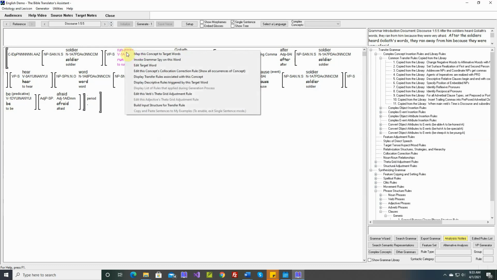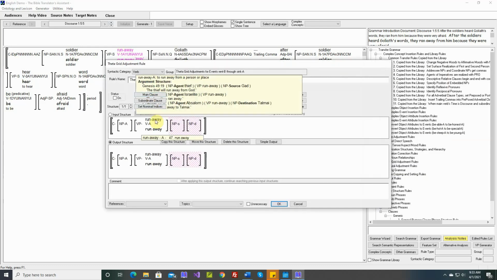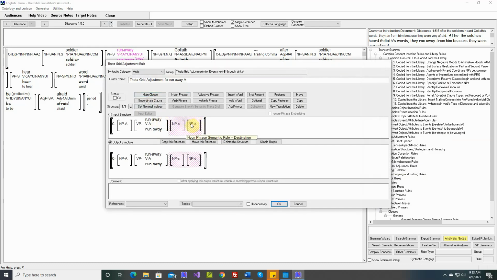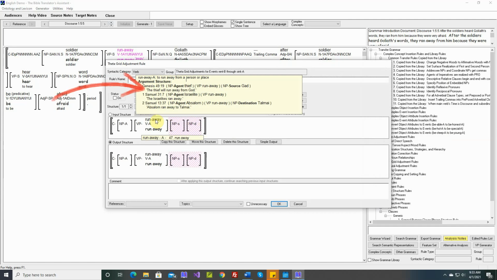Okay, run away. Run away takes a source and a destination. The thief will run away from God. Absalom ran away to Talmai.